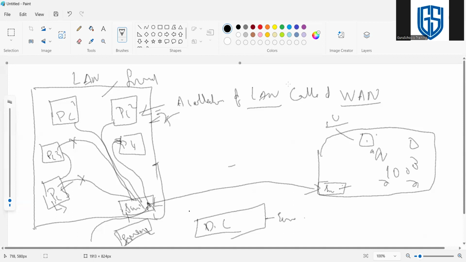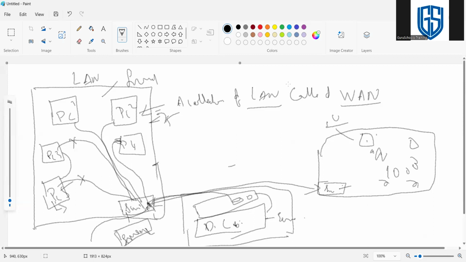This DC is connected to another switch in the server room, where the servers and switches are. We take one LAN cable from one of the switches and plug it into this switch.